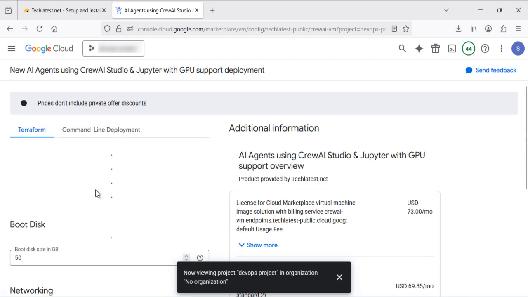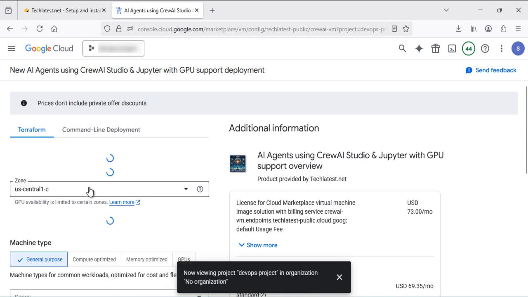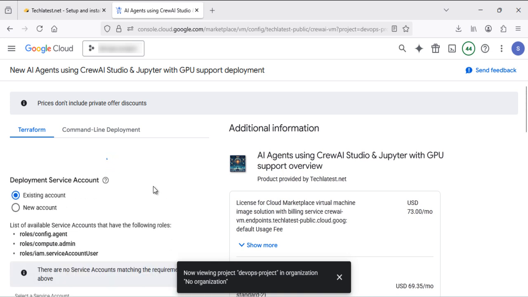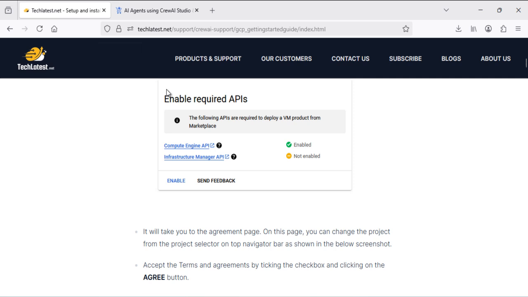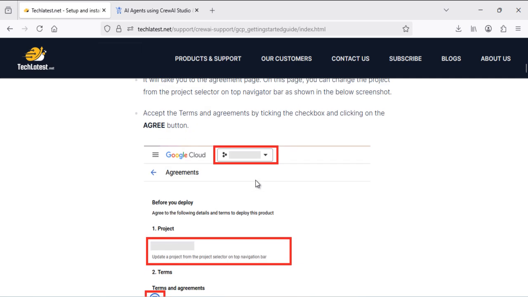So if you are deploying this product first time, it will ask you for this. It will check whether the required APIs are enabled or not. If those APIs are not enabled for your account, then it will ask you to do this. You can simply click on enable button and it will enable those APIs for you. And you need to